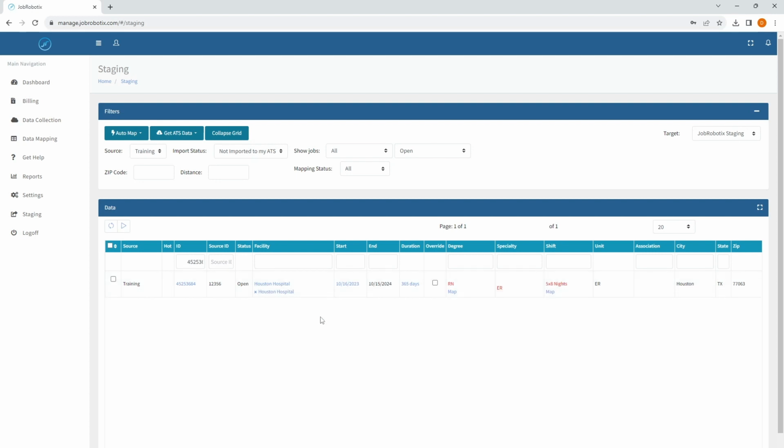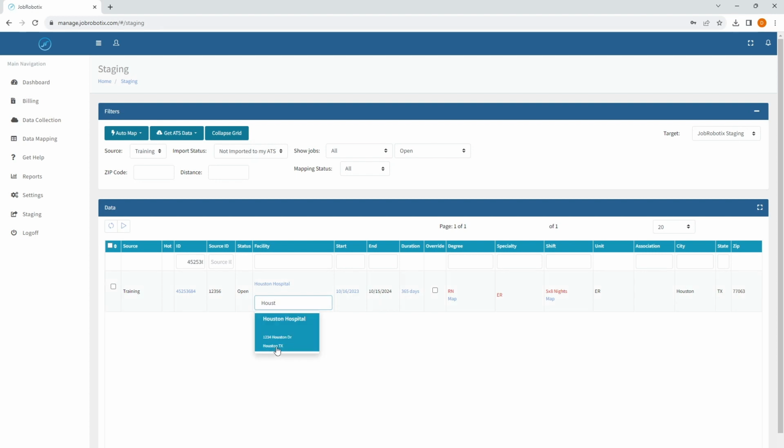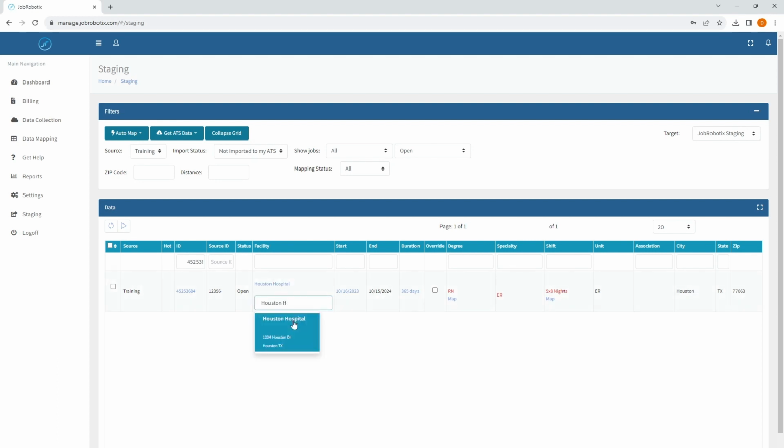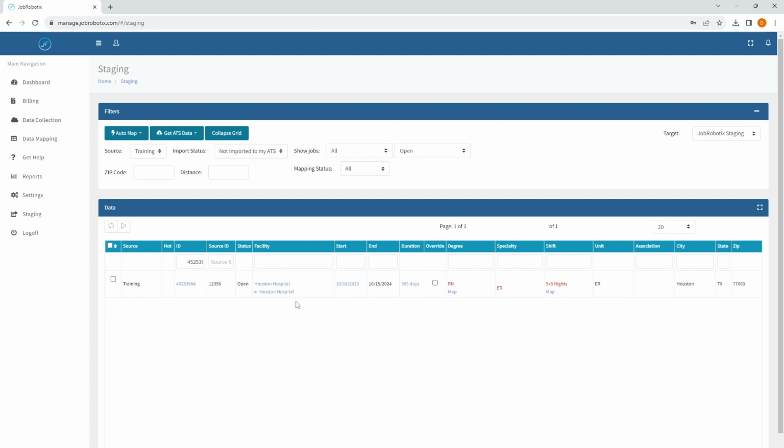I'm going to X this out real quick. If you click the bottom value, you are remapping. And by remapping, you're telling the system that for every job that is Houston Hospital, you want it to go to this new place. So if you have other values in your system, imagine for instance I had Houston Methodist, I would remap it and it would send all of the jobs there. In this case, if we're talking about just affecting one job, that's not what you want to do. You're just trying to change the one. So I'll come up here, I'll type Houston Methodist